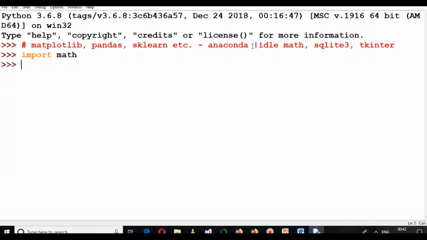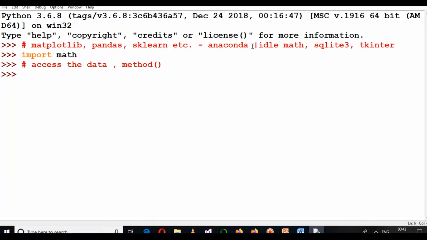Now when you have imported this library, you can access the data and the methods inside this library. In this library, the values of some constants are also stored, and we can access those values and use them in our operations.